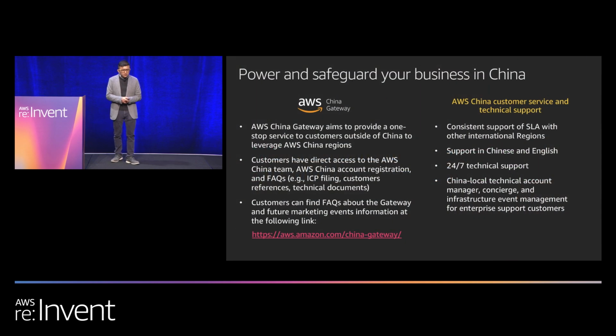Now, we talk about there are several ways that we are trying to help customers to understand our services better. I don't think we have done a good job in the past in proactively sharing the information, and that's coming from the feedback from our customers. So with that, we've actually launched the China Gateway portal. The URL is listed below, so I won't read it out for you.